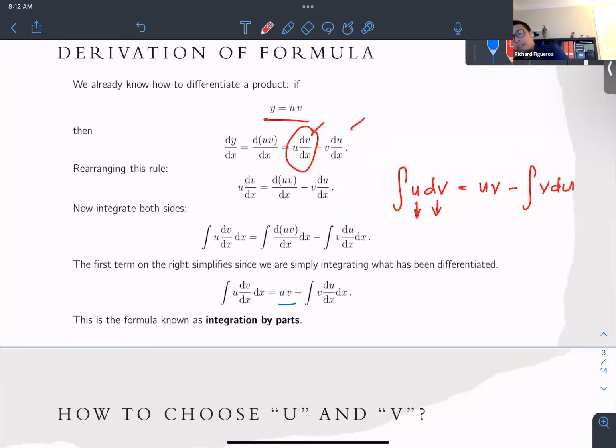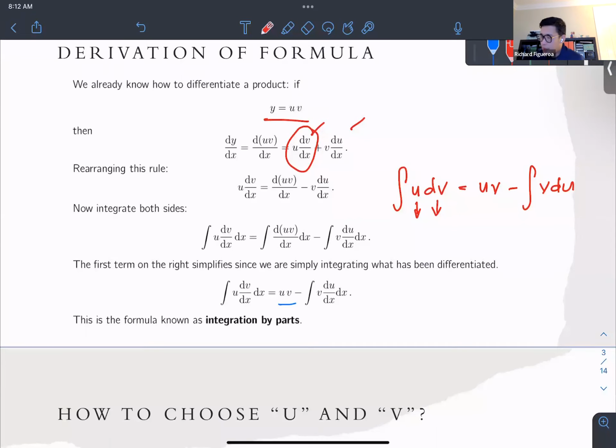We designate u and dv, substitute them into the formula, find du and v, and then integrate v du, which gives us the final solution